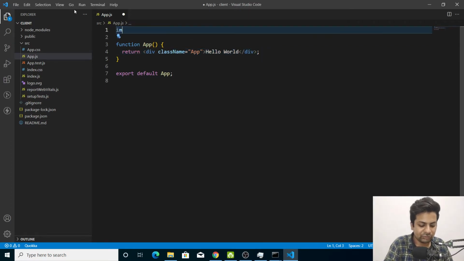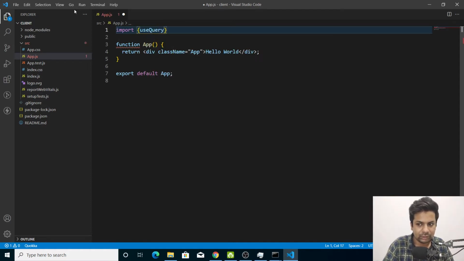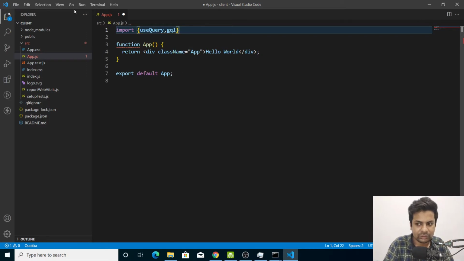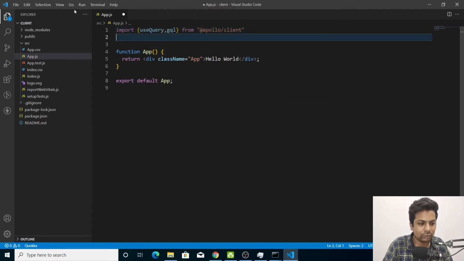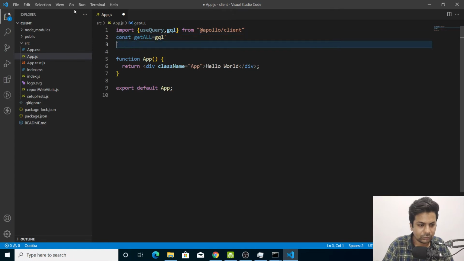Here we'll import useQuery, gql, these three things we'll need, from @apollo/client. Now here we'll define get all, so we'll say const GET_ALL and here we'll define our query.